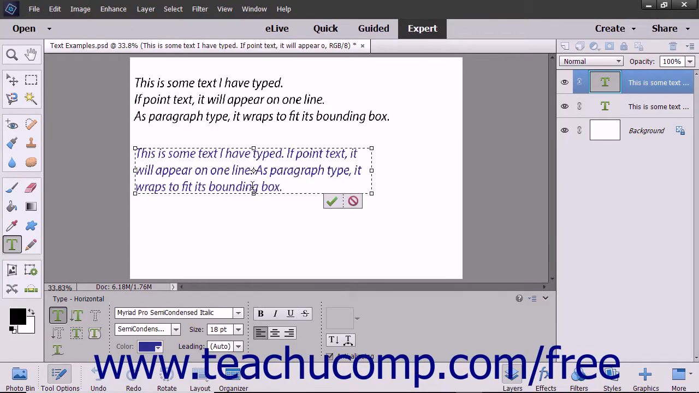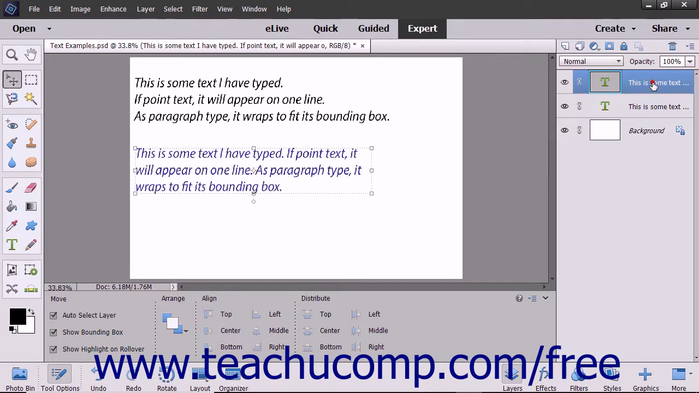When you create text, it is created in its own type layer, which you can see in the Layers panel. Remember to select the correct text layer before trying to apply editing changes to text. You can also apply layer effects to text layers and change layer options for text layers, just like you would with normal layers. One thing you may want to do with the text layer is to simplify, also called rasterize